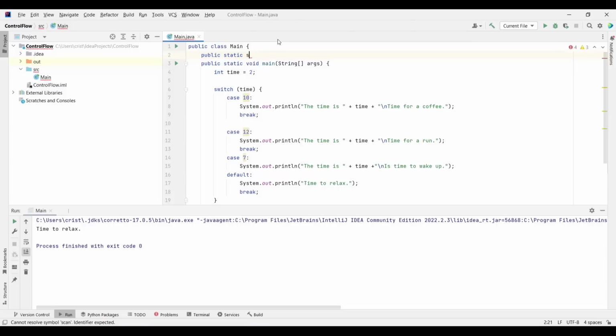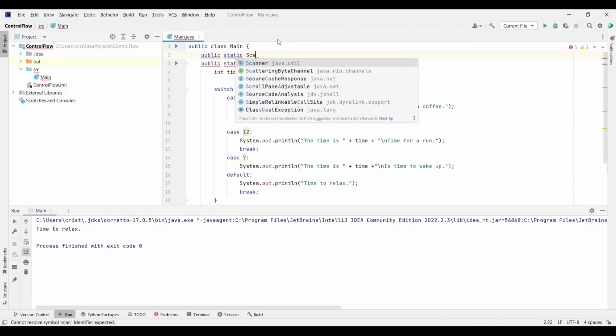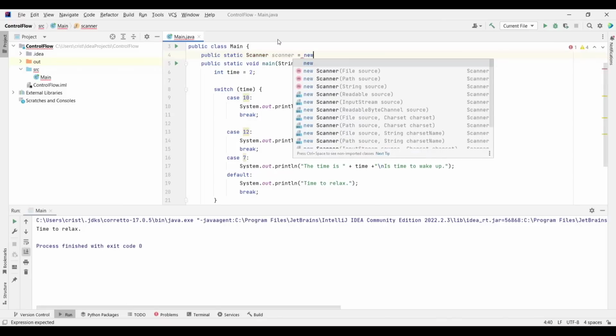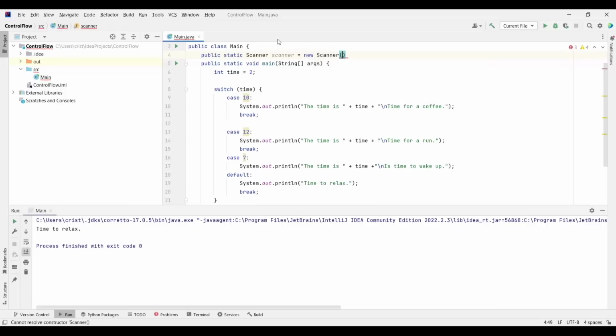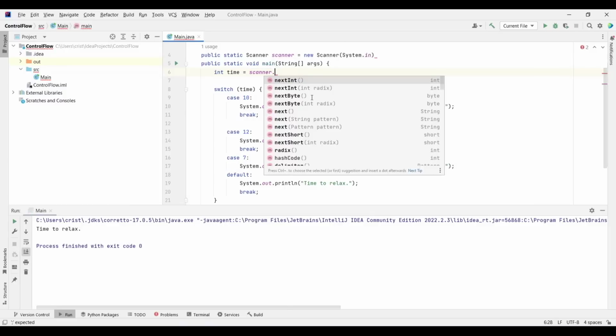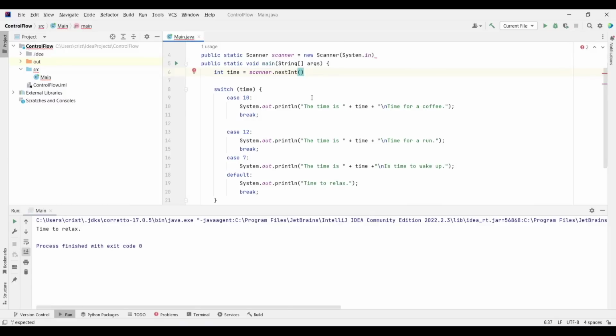Scanner, we type here Scanner, we will see what this is in future videos, but basically with this we can get the input from the user. I'm gonna put equals new Scanner, and inside the parentheses I'm gonna type System.in. Now instead of putting 2, I will put scanner.nextInt, and let's put a semicolon here.